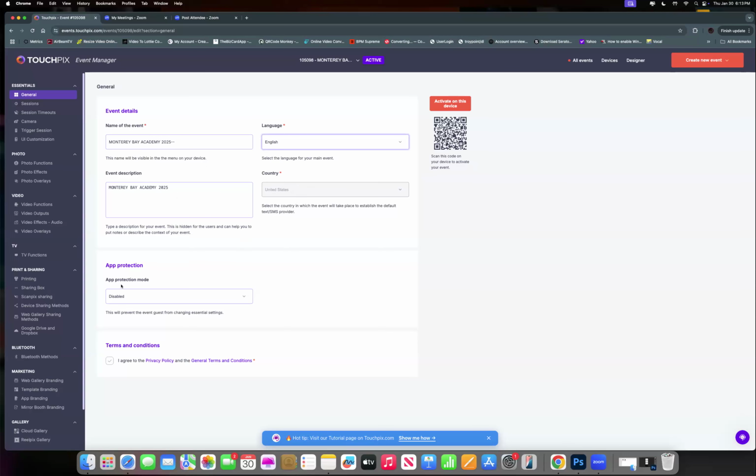The app protection mode, again, this will enable, for those of you that do drop-offs, maybe it'll create a security measure where if you're doing a drop-off, you don't want people to log into the back-end settings of TouchPix to move things around. It may require the original QR code, which is now displayed here, to activate the event, or you can set